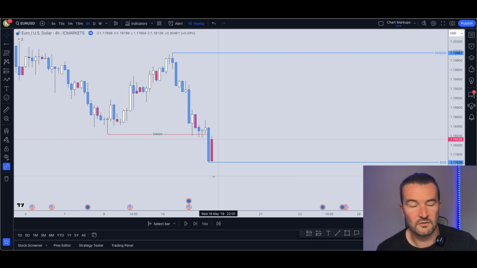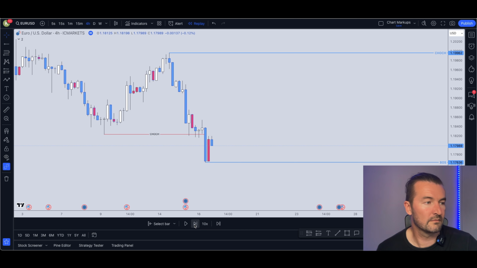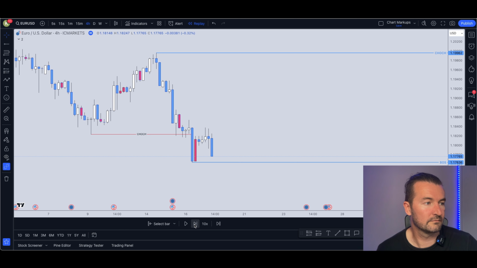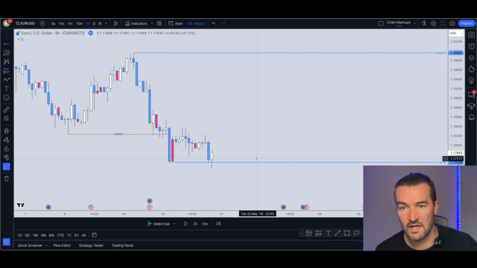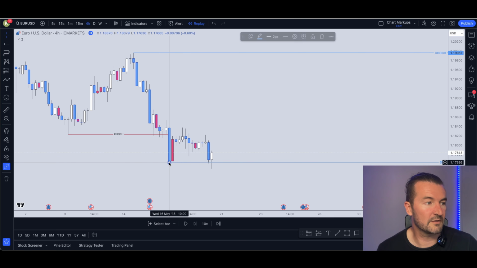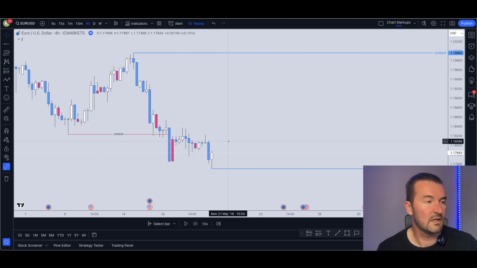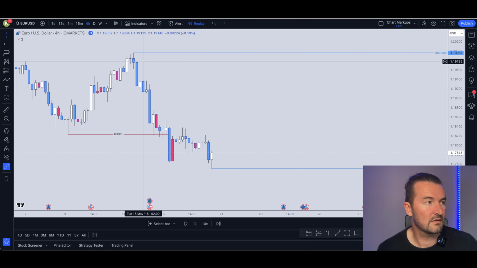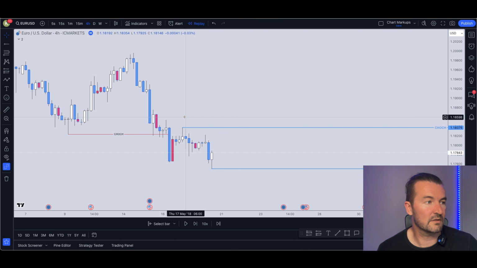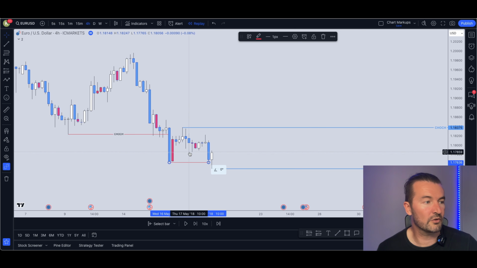So we have a pullback candle because we didn't break the low. And then we get BOS, okay? So what we're going to do is move BOS first, and then find the highest point between here and here, and we're just going to move ChoCh to there. All right, so what I tend to do is then get the trend line tool and draw across and